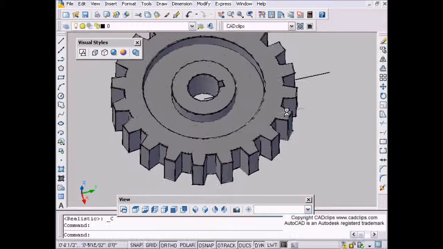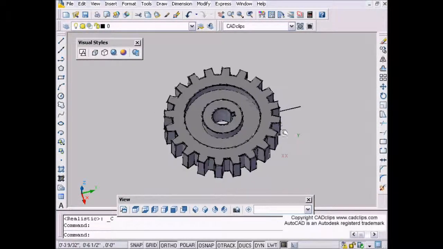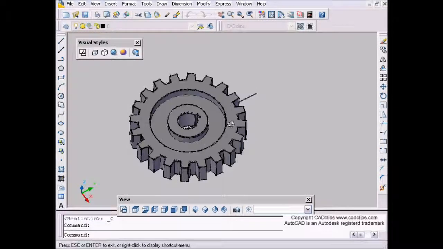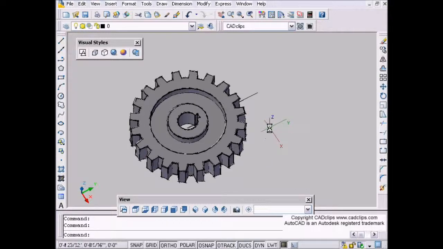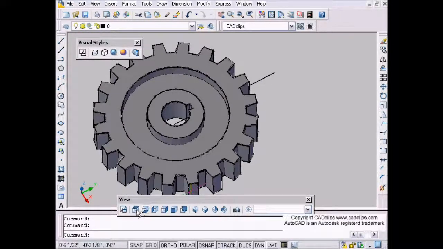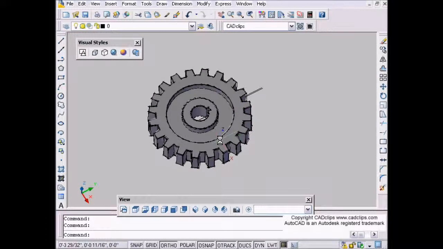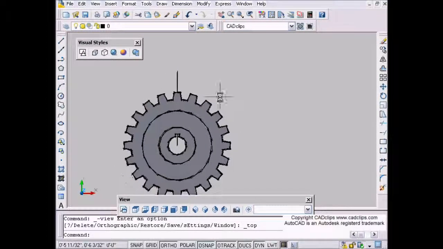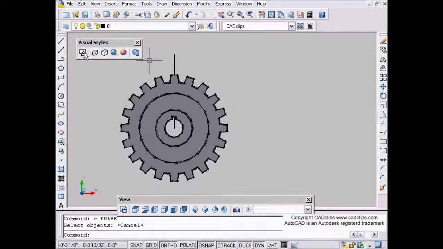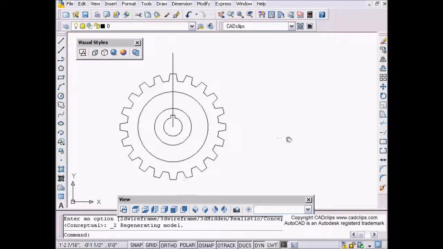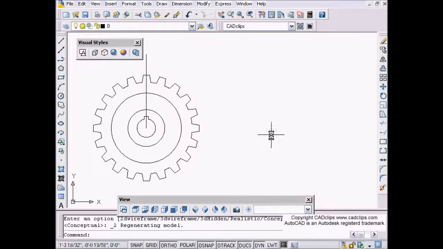So nothing new here. We've been able to draw this type of object in AutoCAD 3D for some time. It's just that it's gotten a little easier and we've got some new tools, and it's just kind of a fun one to do. So I have a finished model here, as you can see, and I'm just going to switch over to a 2D wireframe, and then I'm just going to recreate this over here on the side